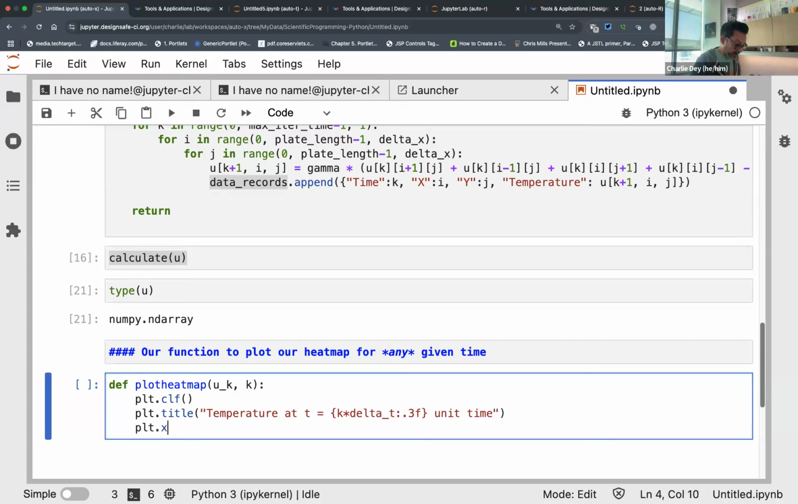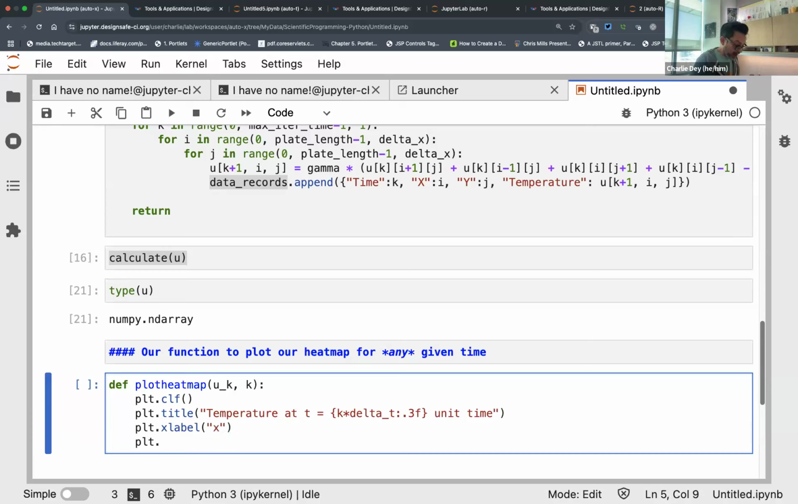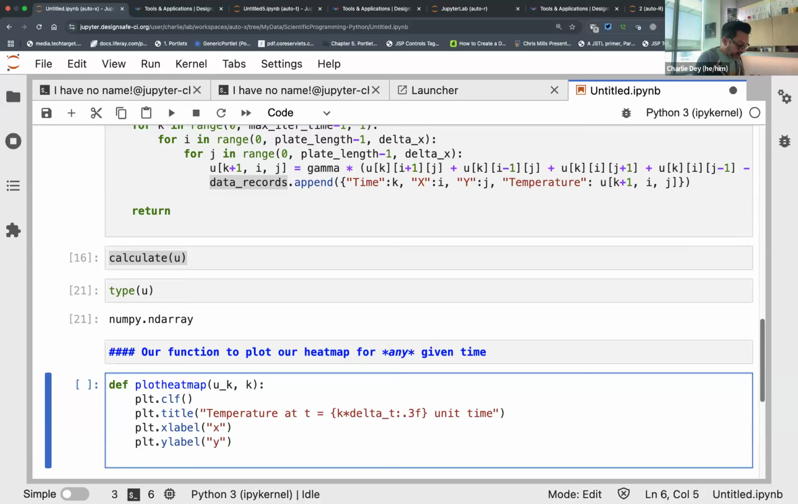plt.xlabel. Remember, we also have to label our axes. X. plt.ylabel. We're going to call that y. And now we do a plt dot